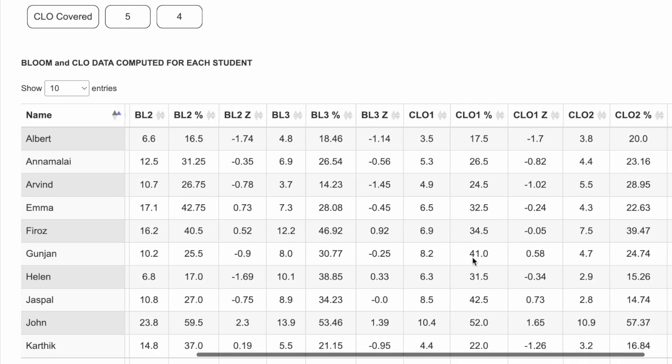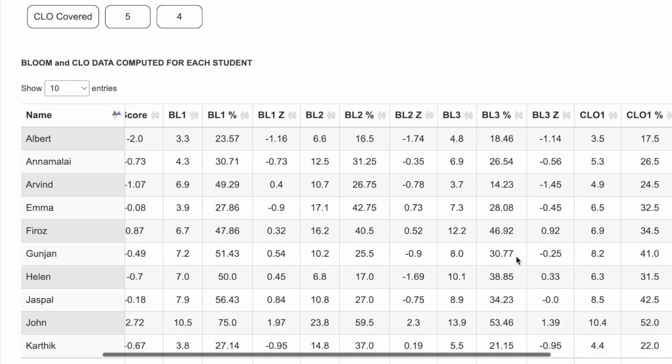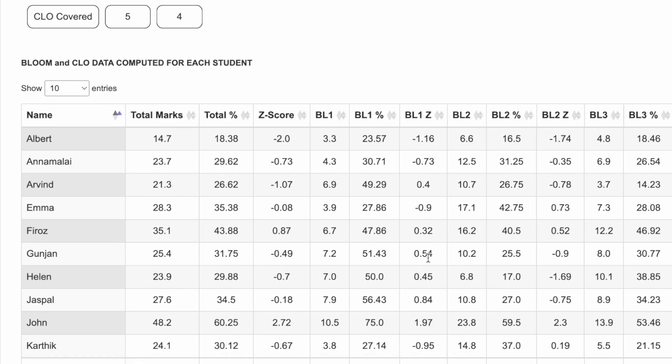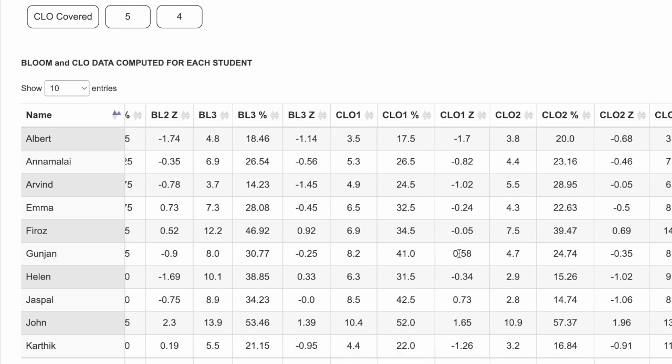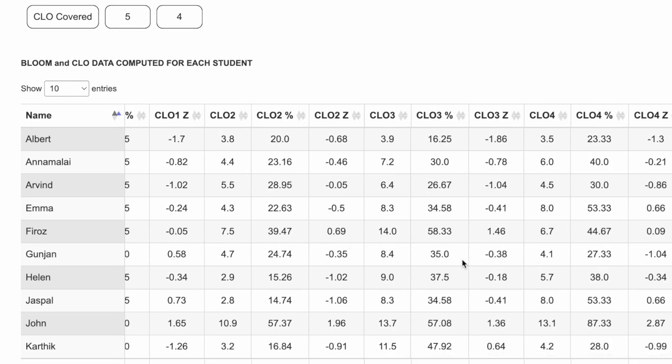Similarly, if you scroll sideways, you can again see that Gunjan has a positive z-score when it comes to CLO1, which means that his overall z-score was minus 0.49, which is quite bad. But for CLO1, again he has a z-score of positive 0.58, which is good. So this again means that although the overall score of Gunjan was not that good, in CLO1 he seems to have understood much better than others in the class. Similarly, you can analyze for different BL levels and different CLO levels to get very detailed feedback about